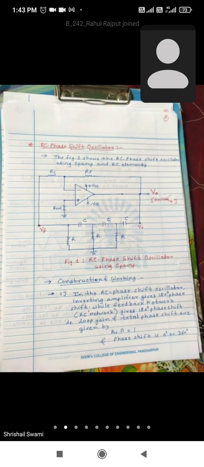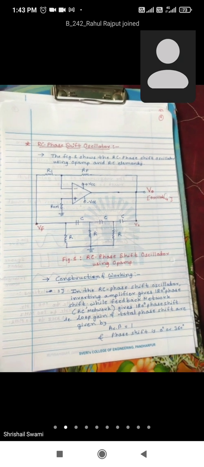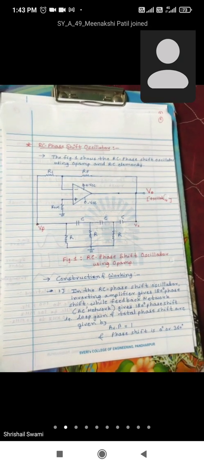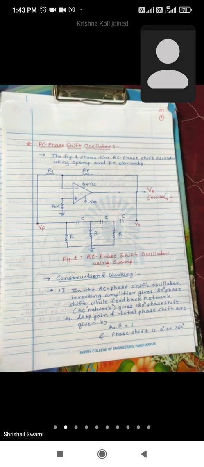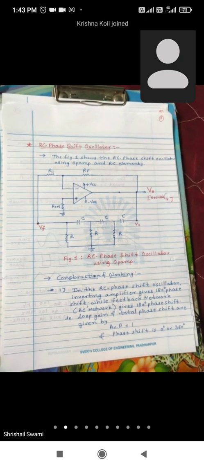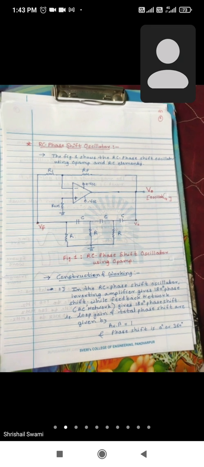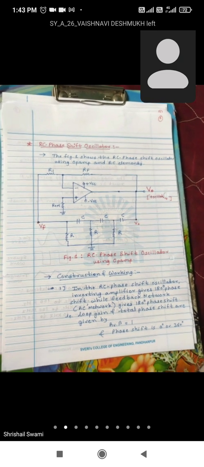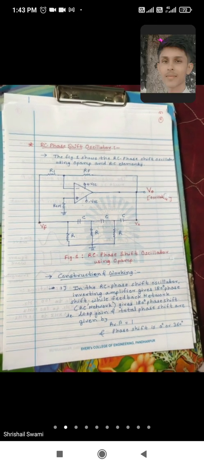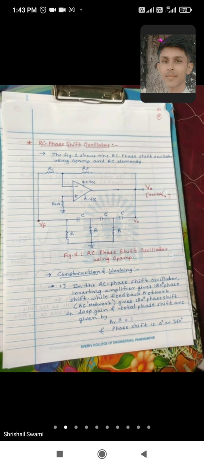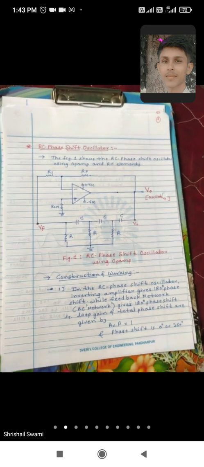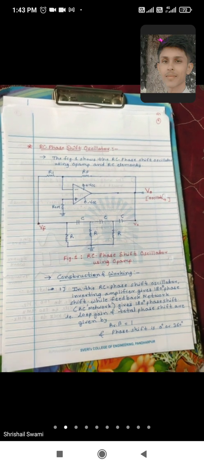Then we started the oscillator part, oscillator using op-amp. We saw the definition of oscillator. We saw the working principle with the help of a block diagram. Then we saw the Barkhausen criteria, the two conditions necessary to obtain sustained oscillations. Sustained oscillation means the frequency and amplitude remain constant. That is the meaning of sustained oscillation. It will not stop as long as we provide the plus VCC.